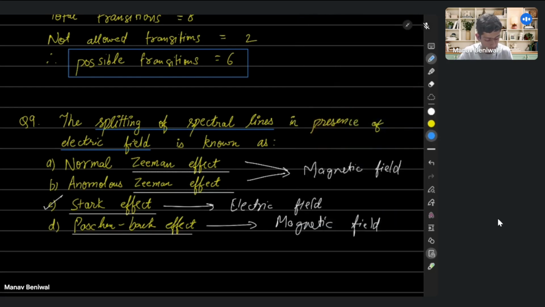Let me write here. This Paschen-Back effect is when a so strong magnetic field disrupts the coupling